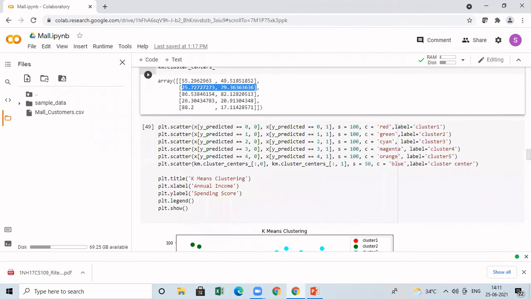So now we are going to create only a scatter plot. So I'm going to call the function plt.scatter. And if you look at this, I'm passing 2 different variables. It's nothing but X of y_predicted is equal to double equal 0, 0. So what is the first argument? If you see this, the first value varies from 0 to 4. That means that it is for every cluster. And what is the first value 0 and what is the second value 1? The first value 0 is nothing but the X value, and the second value 1 is nothing but the Y value. So we are plotting this.